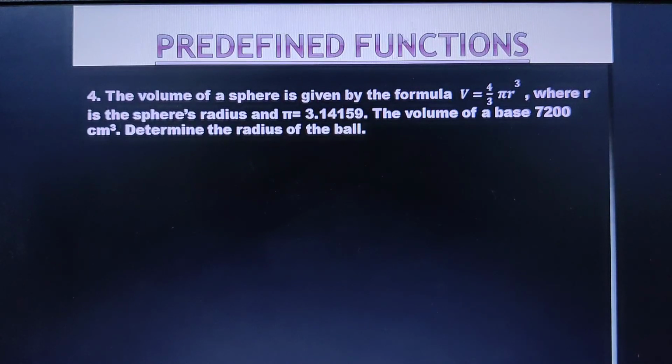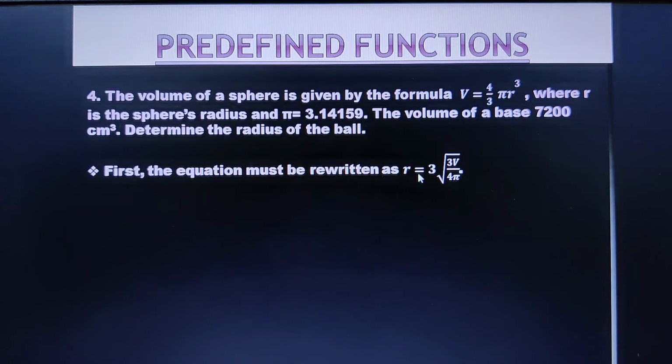So to find out the radius of the ball, don't you think you have to reduce this formula? Isn't it? So how can we rewrite this equation here, children? R is equal to, since I want to find out the radius of the ball, definitely I need to modify it. So R is equal to the cube root of 3V divided by 4 pi. This is how I have to modify it. Understood? If you solve, you will be able to reduce this equation to this particular format, wherein I have to find out the radius of the ball.